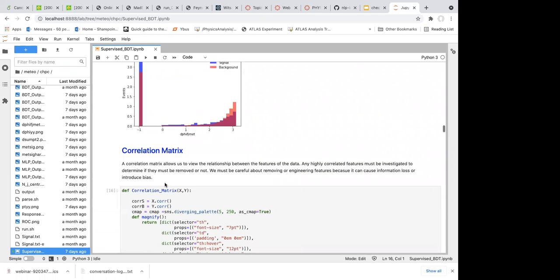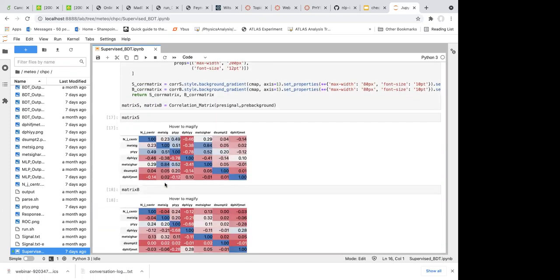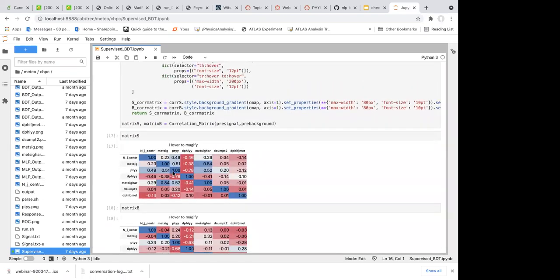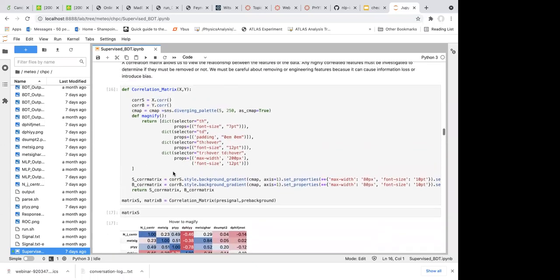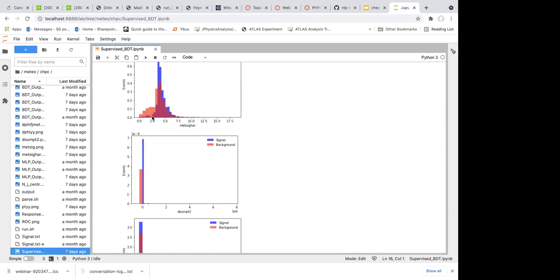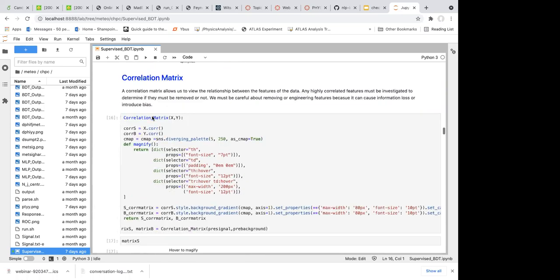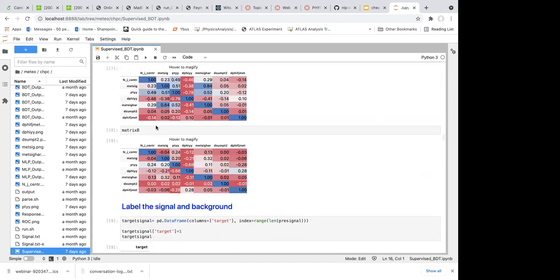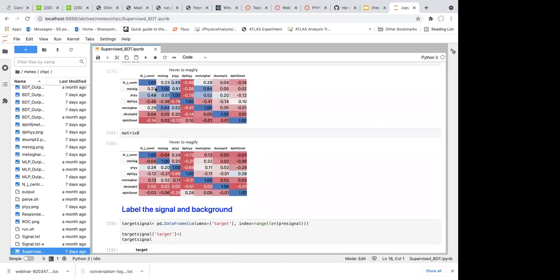Last week we also introduced the concept of correlation. The one-dimensional histogram gives you some information, say the difference between the signal and the background, but it's not all of the information. We also need to consider the correlation between feature and feature. You can see that if you calculate the correlation between, say, this PT gamma gamma and the missing ET significance feature, they are different for the signal and the background samples.